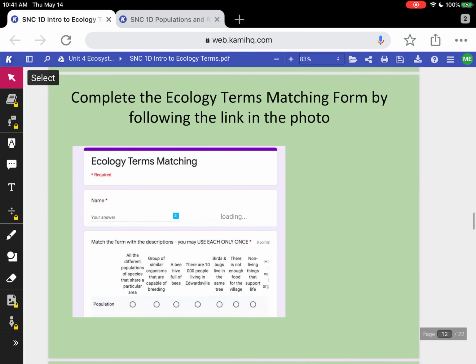Okay. All right. So that's the end of this video lesson. So the next thing that you want to do is you want to click on the ecology terms matching form and try and see